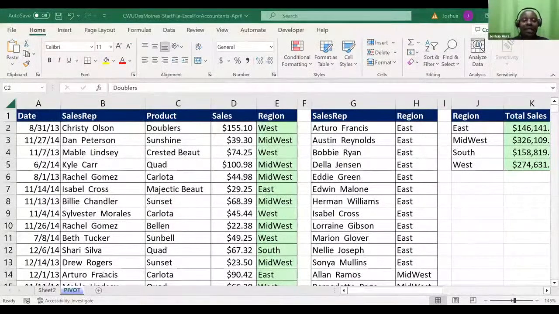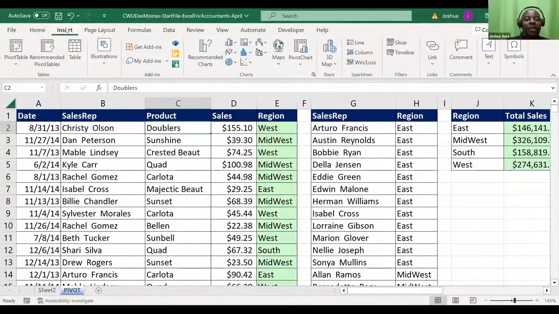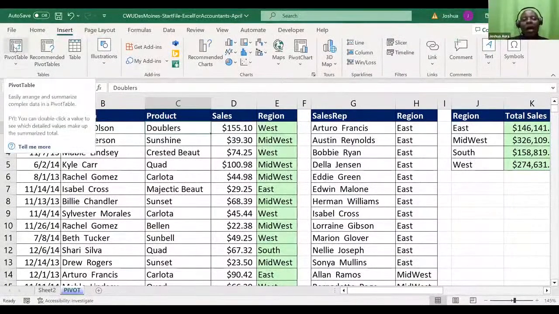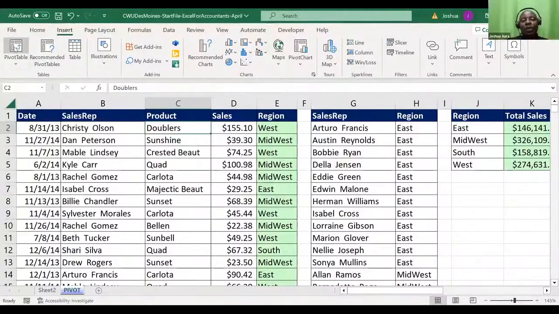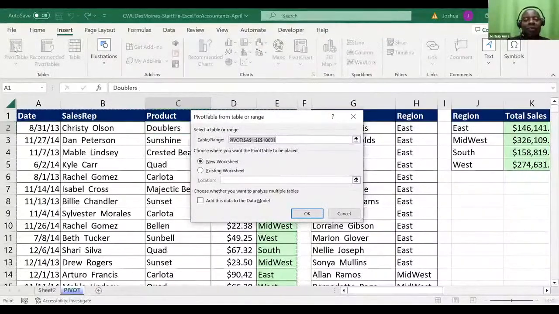Aha, insert pivot table. Thank you very much. You guys are bright. What they are telling me is that Mwalimu, just click anywhere inside, and then you come and say insert. When you say insert, you can see pivot table here. I want to insert a pivot table. After I say insert pivot table, I can see a pop-up window. Once I see this pop-up window, what will be the next thing that I need to do here?